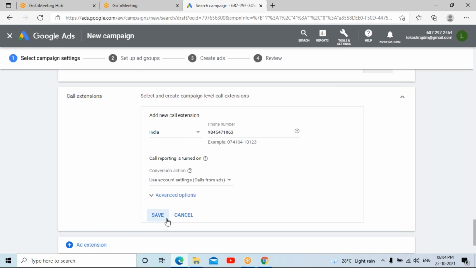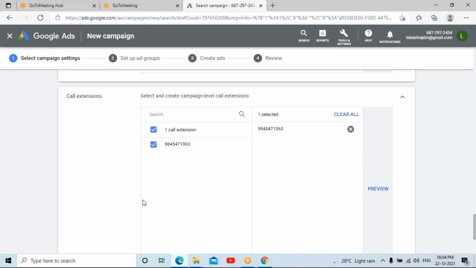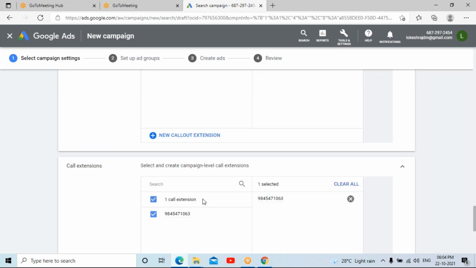Once you have added all those things, click on save. So these are the minimum 3 extensions it is asking for.